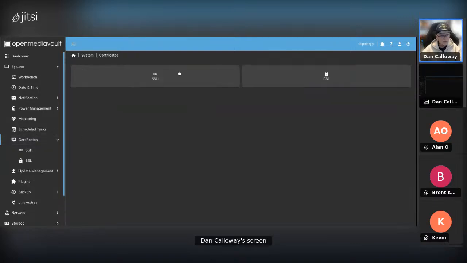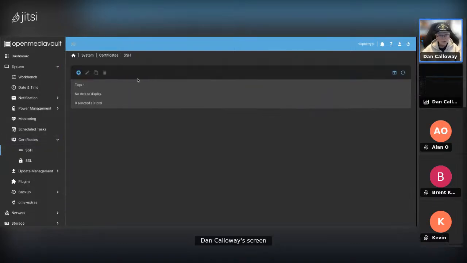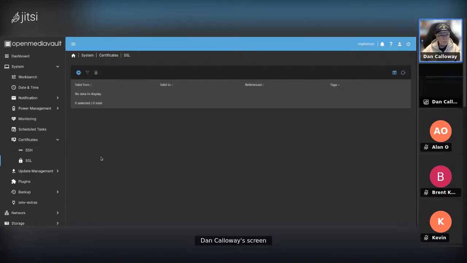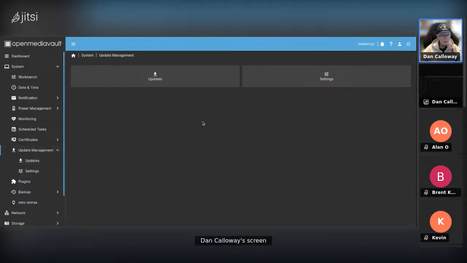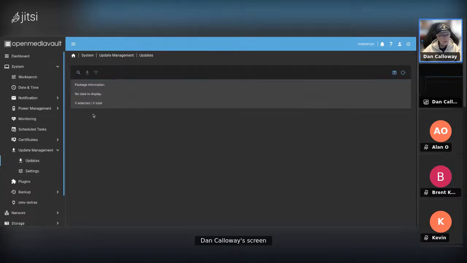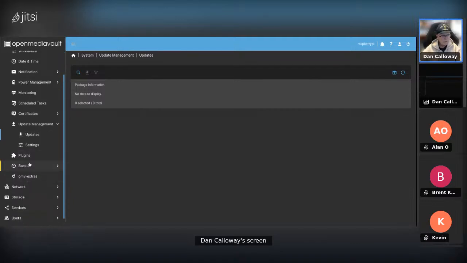Here are the certificates area, and you can set up certificates for SSH, or you can set up certificates for SSL, one or both. I don't have certificates for SSH because I use password, but I may set that up for certificate access. Update management is here, and the settings for it is here. Community maintained updates only. I don't do pre-release. And then the settings for updates rather, currently none available. All right, so for plugins,